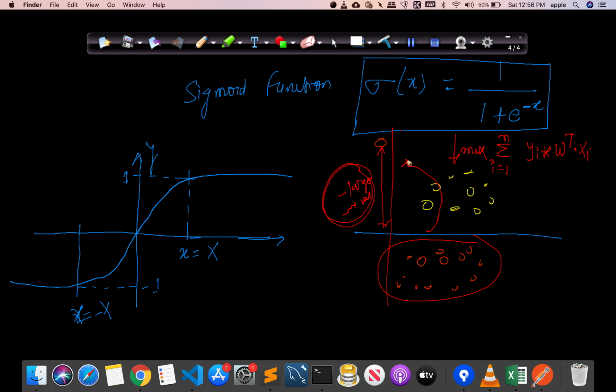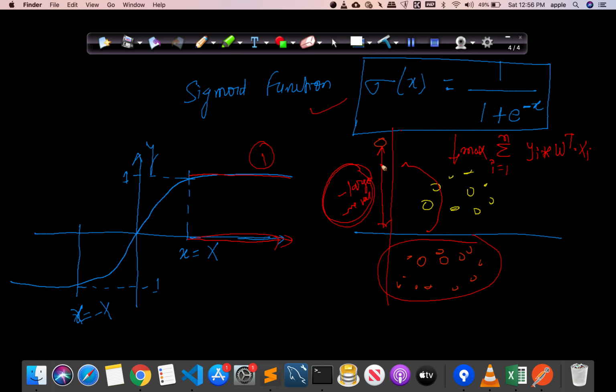So to prevent this, we have to come up with this function, and we have to use this function, so that if at all the value of x, or the value of this distance, is very large in the positive direction or in the negative direction, then what this formula will do is, it will make that 1. That is the maximum value that it can have. Now what is the advantage?